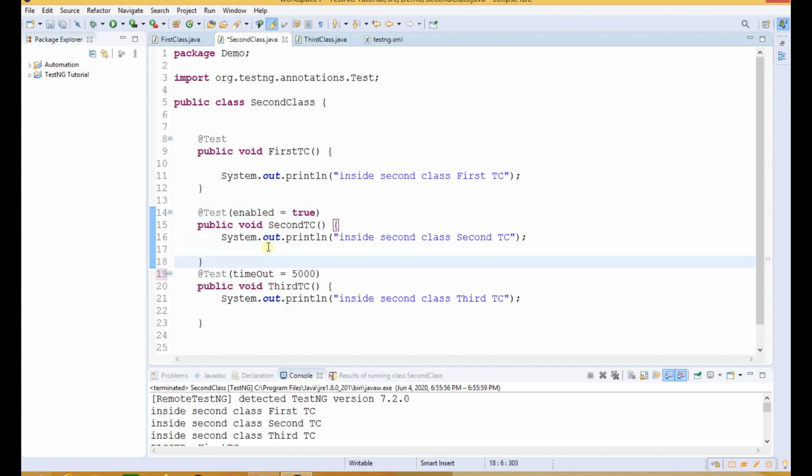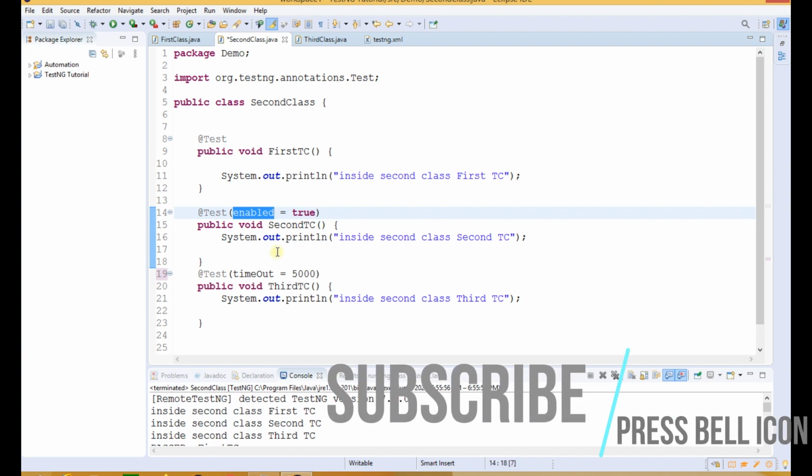Many candidates will say that we can comment out this test case or we can remove this test case from our class, but that is not the smart answer. The answer is we can use this enabled attribute to skip the test case from the test execution. Or the other way is using the testng XML file. In the testng XML file, we can use exclude for skipping a test case from the test execution.